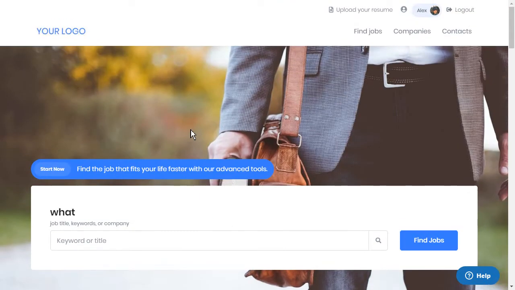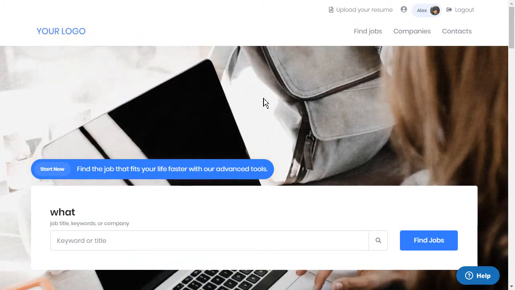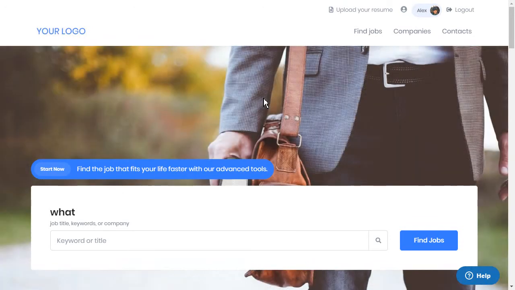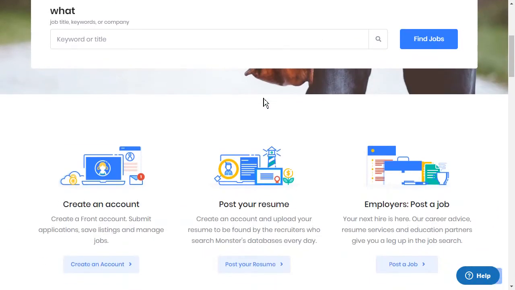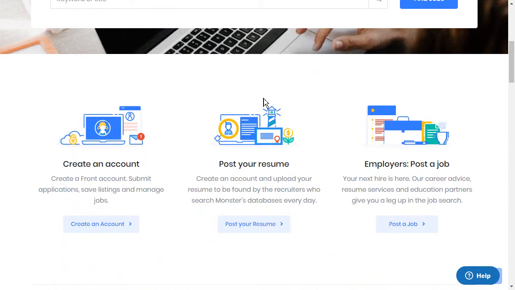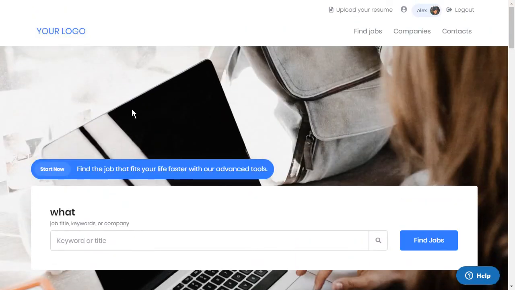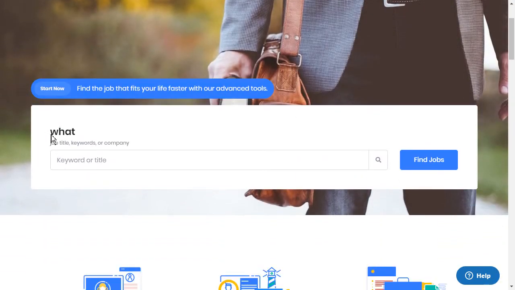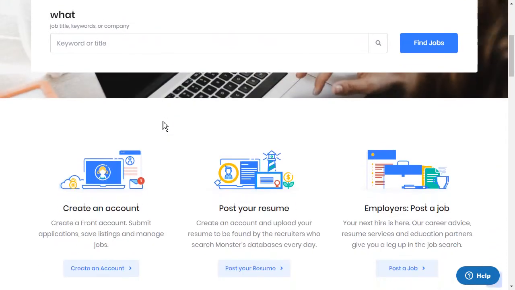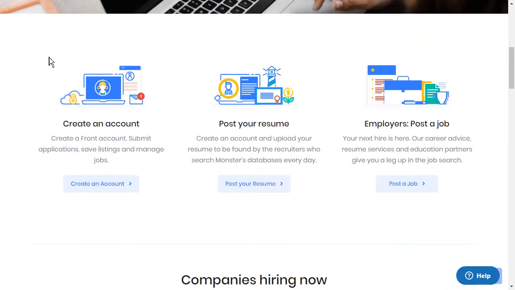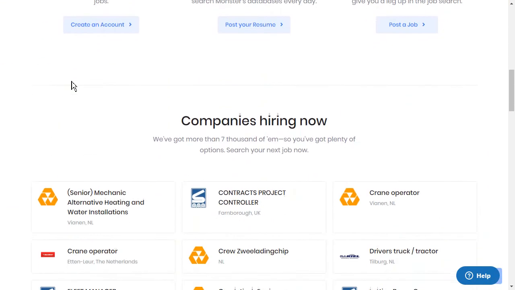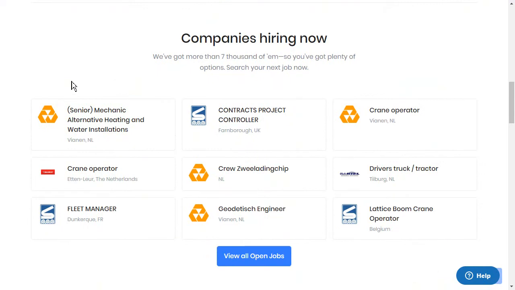So now we can see the public part of this website. It contains a start page. The start page contains many different sections. The first section is the hero section with the text search. Then some explanation like getting started, then some dynamic data of companies which are hiring now,